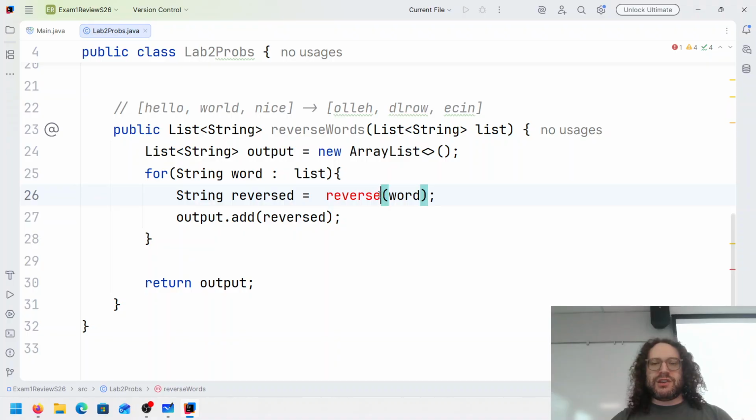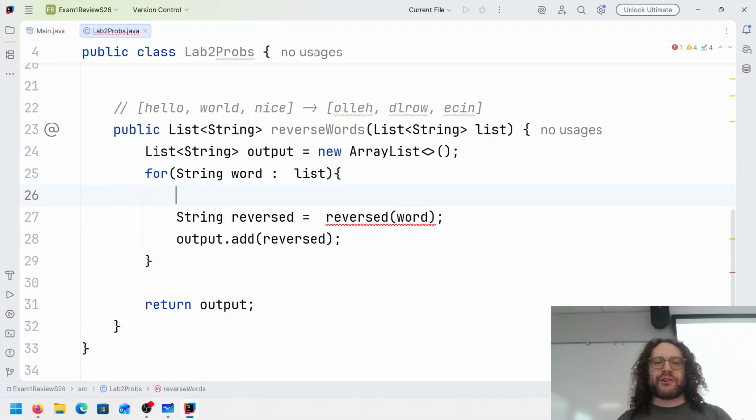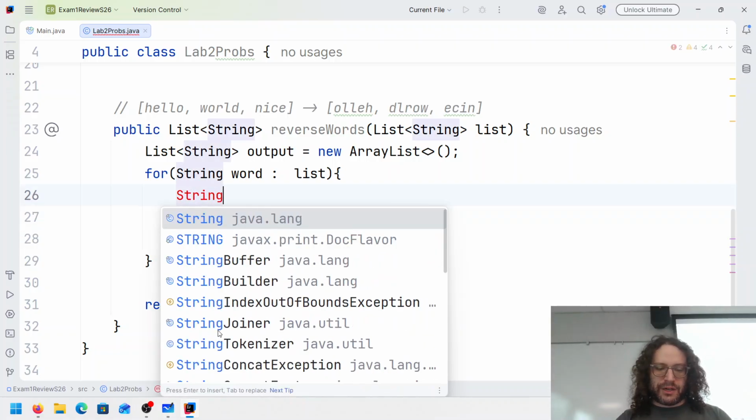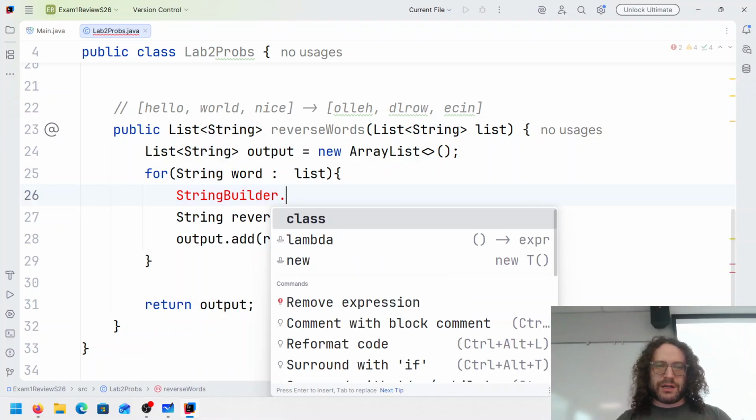You wouldn't be too remiss in thinking, oh, there should be a reverse or a reversed function, right? Because Python has a reversed function. And string builder, as opposed to string, does have a reversed function. But, right, string builder, but you don't know about string builder or like,